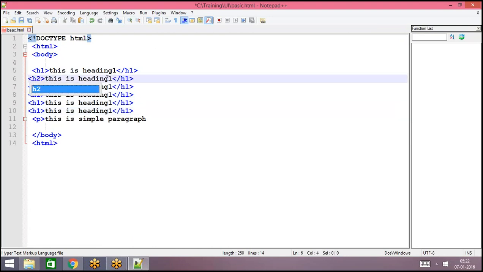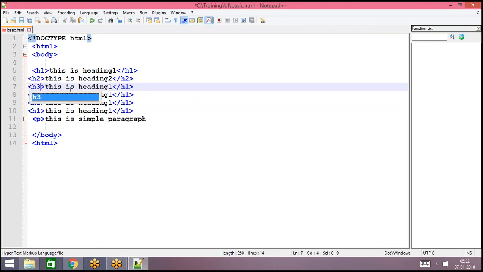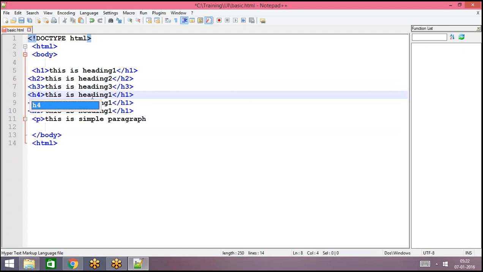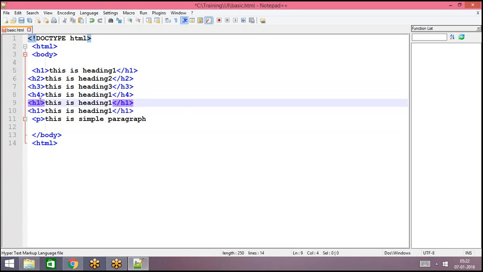This is the second heading H2, and the third heading H3. So that will be represented using the tag H3. And H4. And then H5.